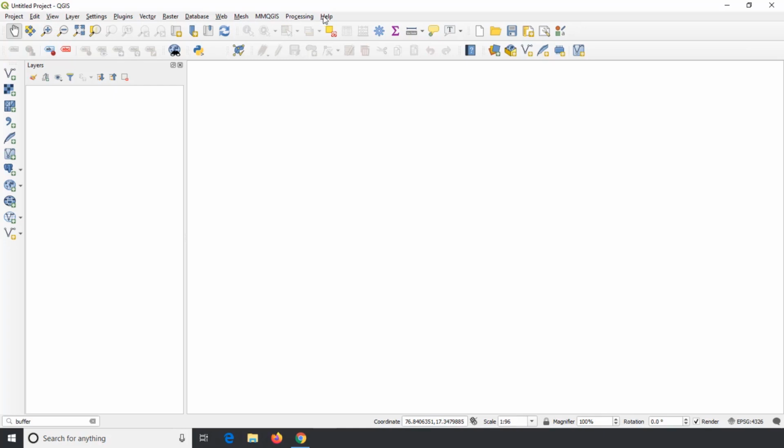Below this, there is a horizontal bar which is called the menu bar. The necessary options and tools are kept under each menu. These tools can be accessed whenever it is necessary for our work. Below the menu bar, we can see toolbars. Each toolbar contains tools for specific work.